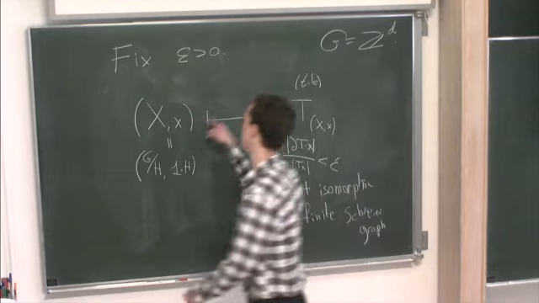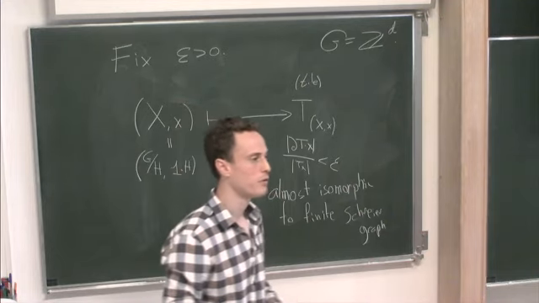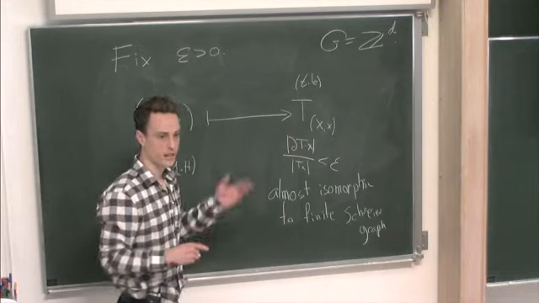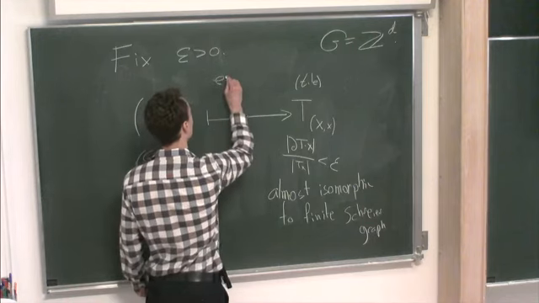Who gives me this mapping? Well, either I do it explicitly, it's not very hard to do for abelian groups, or I use the general theorem of Weiss, which tells me that those tiles exist. So explicit